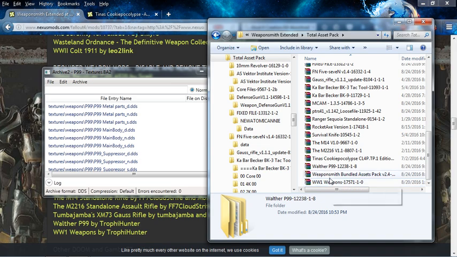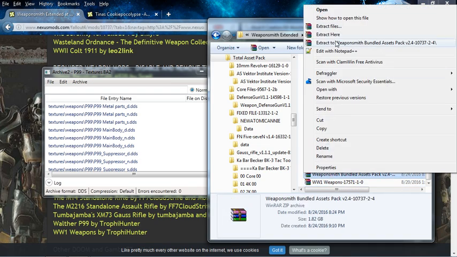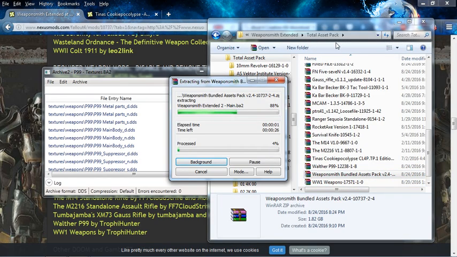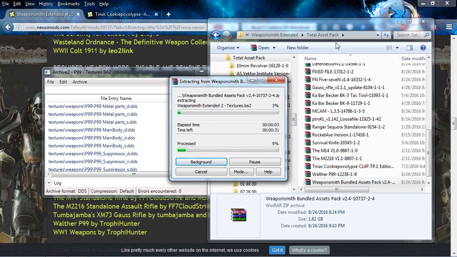Alright. Okay, this one will probably take a bit. Oh my. The main BA2 archive won't take that long. Texture archive would take about a